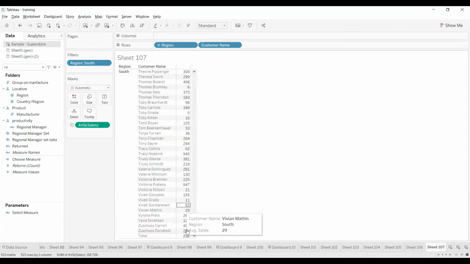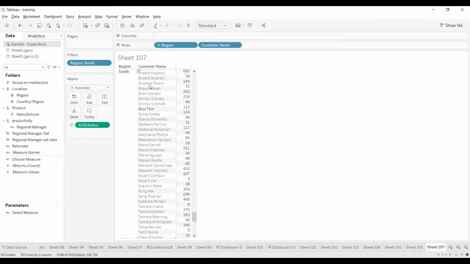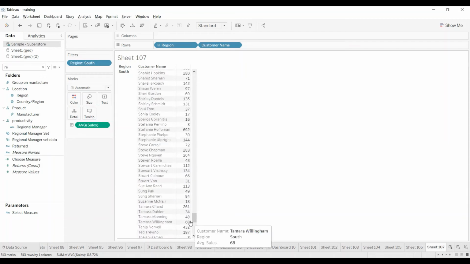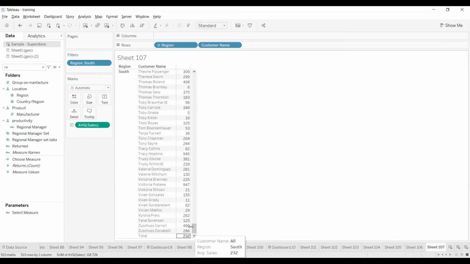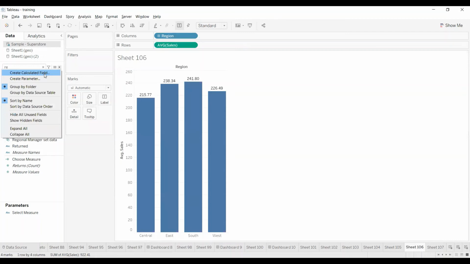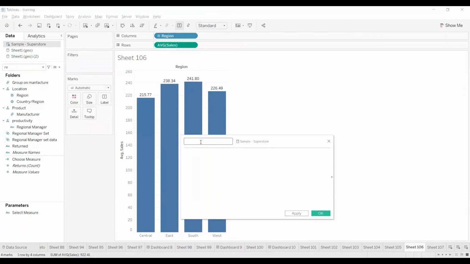If you observe why we got 232, if you take this data into Excel and take the average of all of this, you will get 232. So I'm going back to sheet number 106. Here I want to add average sales with respect to the customer level. So I'm going to create one more calculated field, and I'm going to name it include LOD.